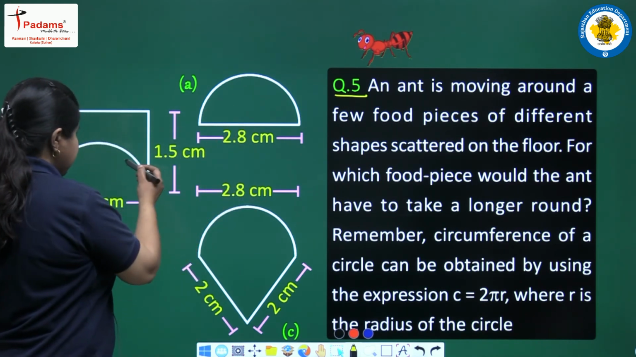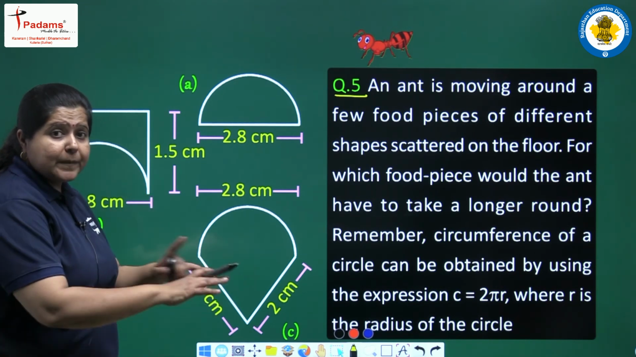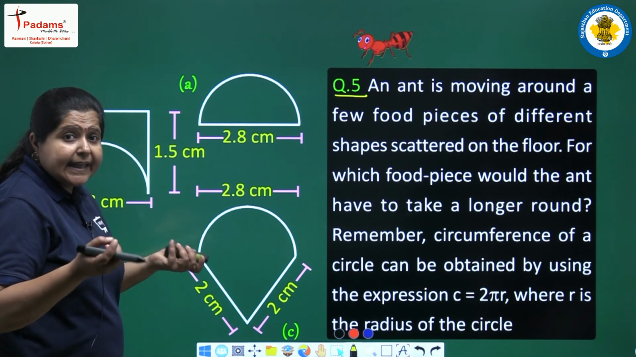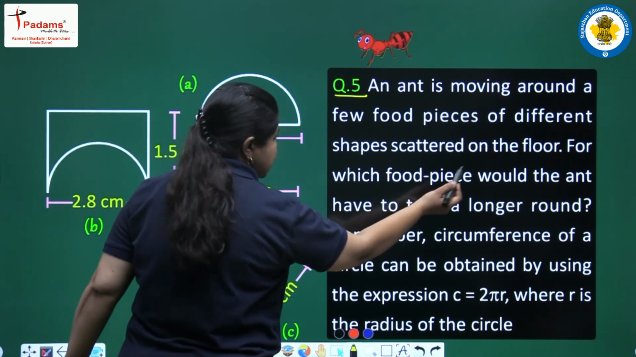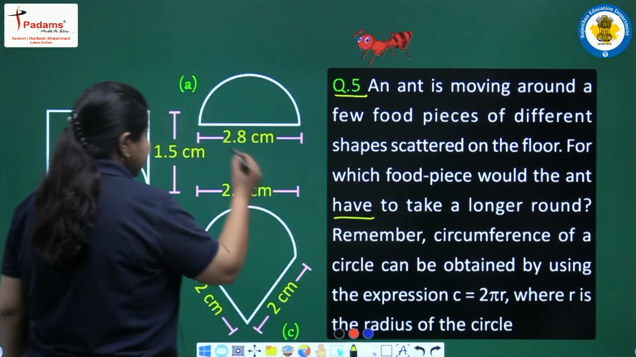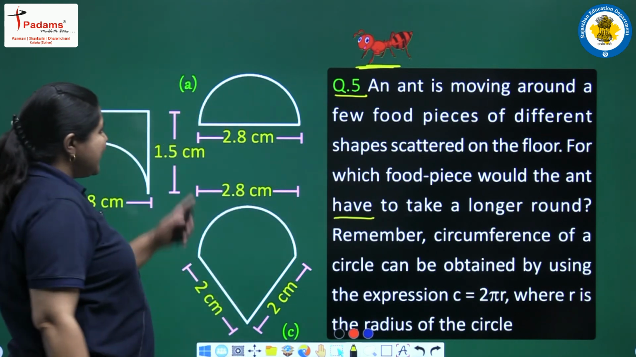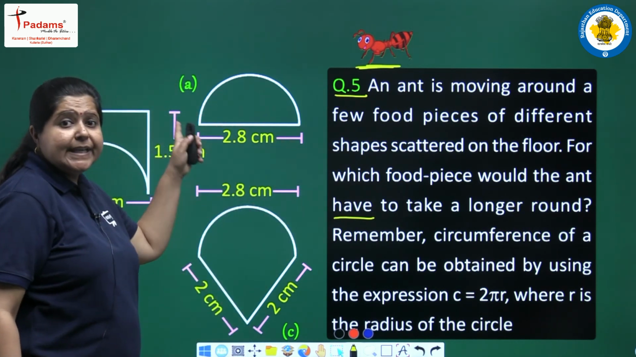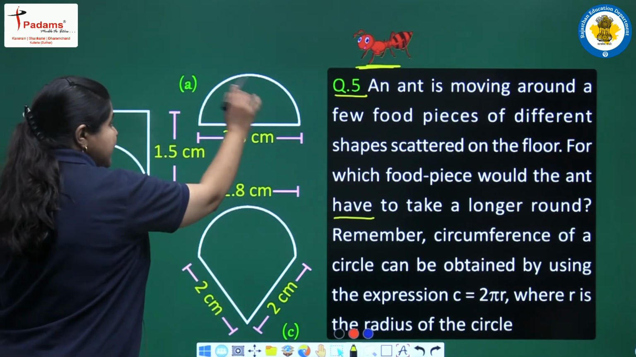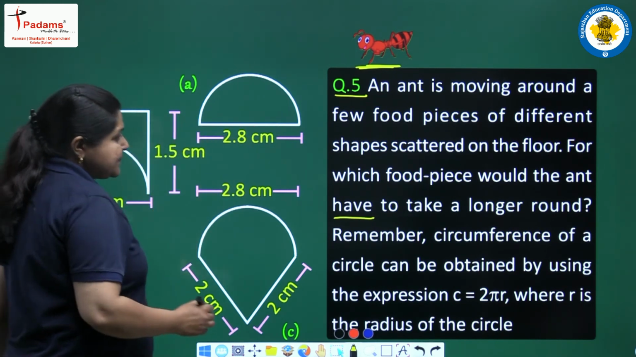These are 3 shapes. Actually these are the shapes of food pieces scattered on the floor. Floor पर गिरे हुए कुछ खाने के दाने हैं यहाँ पर और इनके चारों तरफ, for which food piece would the ant have to take a longer round? In food pieces के around ये ant, which is looking very cute here, it will be moving around through these food pieces. इनकी बाउंड्री के अलॉन्ग ये एंट मूव करेगी,